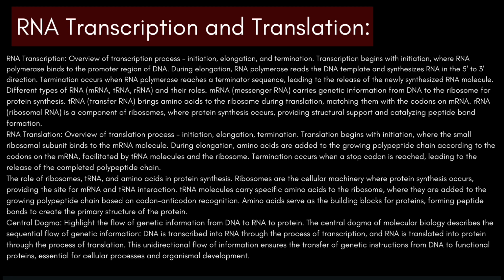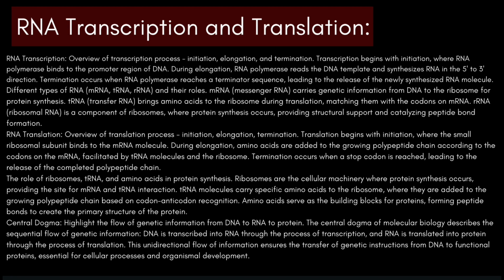The role of ribosomes, tRNA, and amino acids in protein synthesis. Ribosomes are the cellular machinery where protein synthesis occurs, providing the site for mRNA and tRNA interaction. tRNA molecules carry specific amino acids to the ribosome, where they are added to the growing polypeptide chain based on codon-anticodon recognition. Amino acids serve as the building blocks for proteins, forming peptide bonds to create the primary structure of